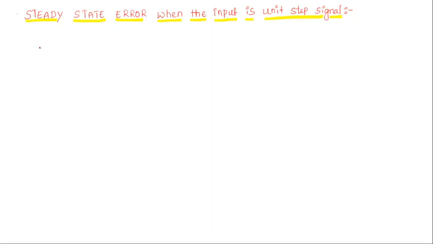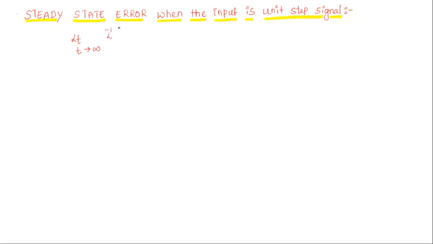Hello everyone. In the previous classes we have discussed what steady state error is and what the static error constants are. Today we are going to analyze the steady state error of the system when the input is a unit step signal. Already we defined the steady state error in the first video as limit t tends to infinity